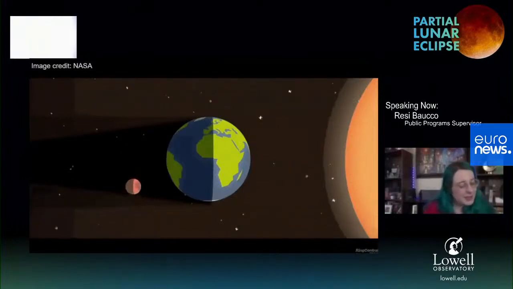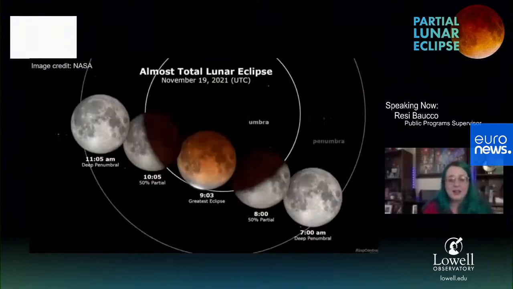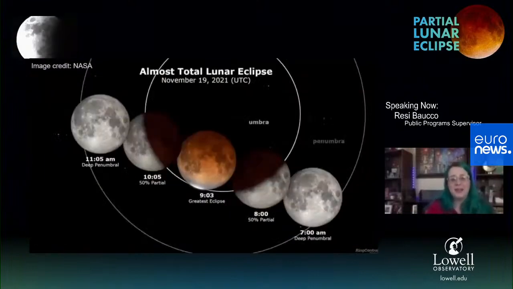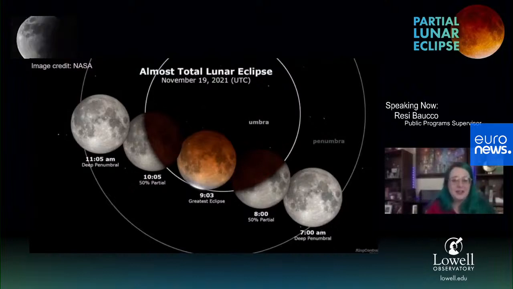So let's go ahead and take a look at this graphic here. This is from NASA, and this is for tonight's eclipse. This is in universal time, but we can see as the moon starts to move into the shadow, it will start to dim a little bit. And then as we move into the umbra, we're really going to start to see the round shape of the Earth's shadow cast onto the moon. As we move into the umbra, that's when we start to get that deep red color, which I'm really excited